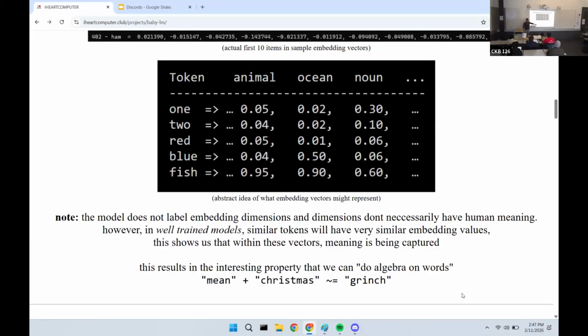And so my funny example is me plus Christmas. Christmas is about equal to Grinch. And I built a tool that can do this. And it's a little shaky, but you can kind of get the